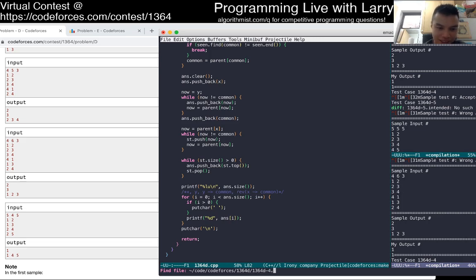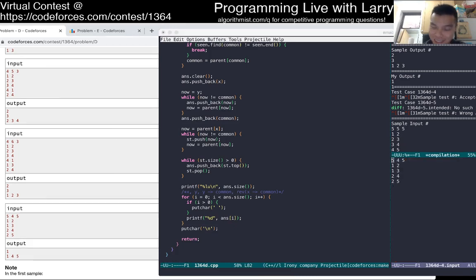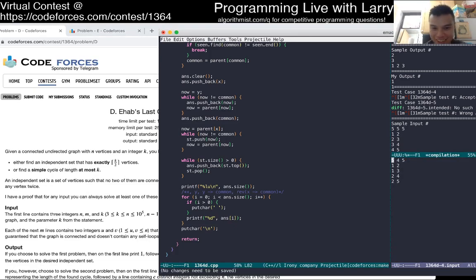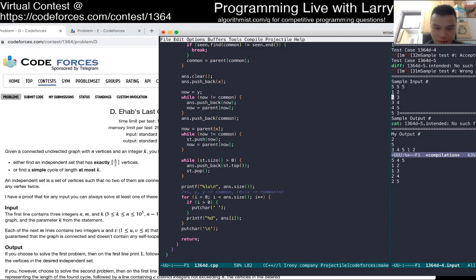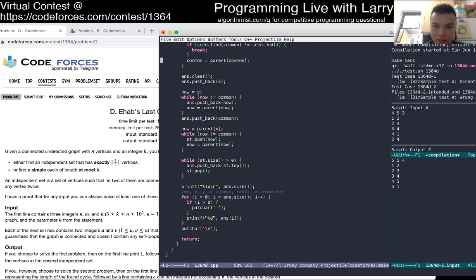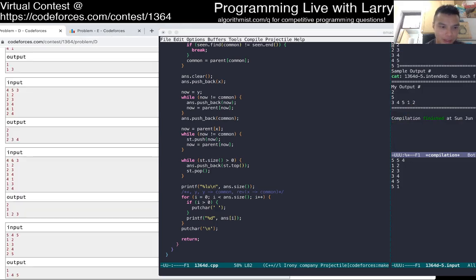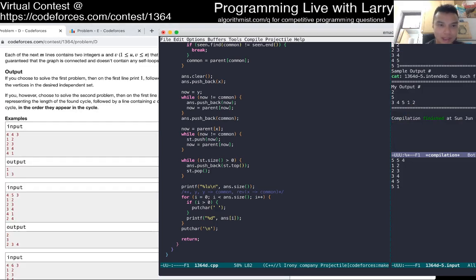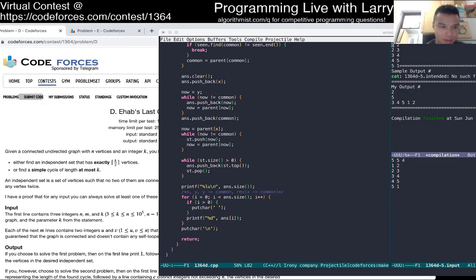Can I fix this in 2 minutes? Seems hard, but okay. Let's say 4. What's the answer for 4? Wait, it failed on... So it failed on one of these cases actually, right?